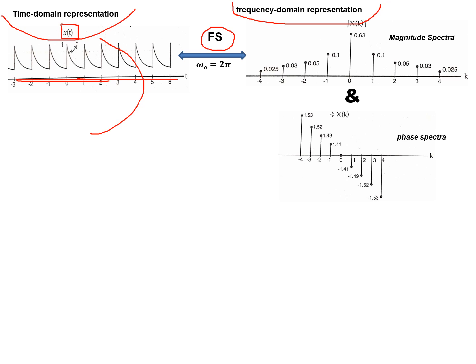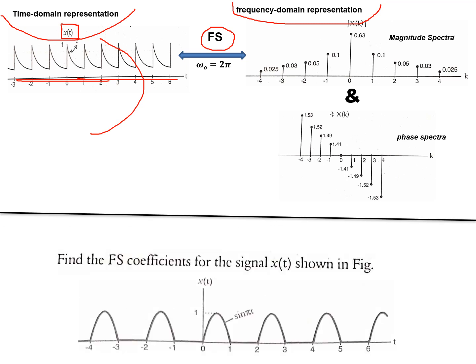If the signal is continuous and periodic, you have to use continuous time Fourier series. So now we are focusing only on one representation, that is continuous time Fourier series or simply Fourier series. This is how we represent a signal in time domain and frequency domain. Let us move on to the next problem. As I told, I will be solving around 4 problems now. Next problem.